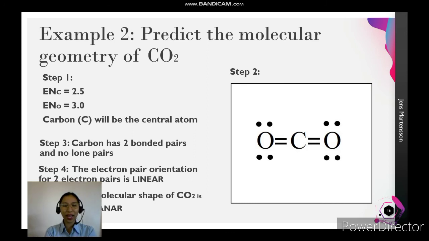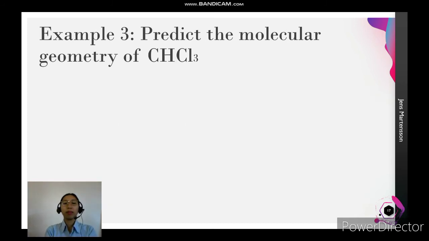Mali na ako ang na-illustrate or na-type din nga triangle planar. Wala na ako na-edit. I'm so sorry for that. Linear na siya. Last is predict the molecular